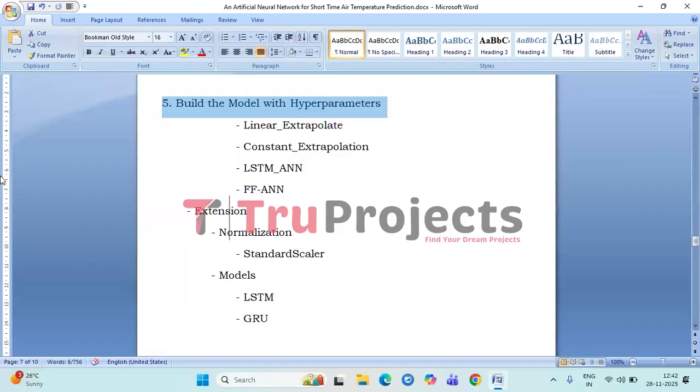And as an extension, we have done the normalization with standard scaler, which standardizes feature values to improve the training efficiency. And we also use deep learning models like LSTM and GRU.